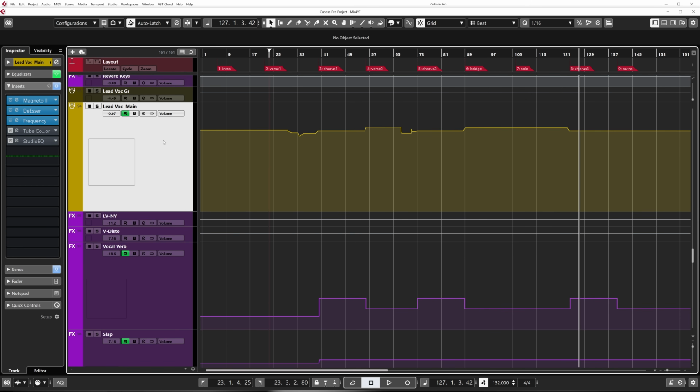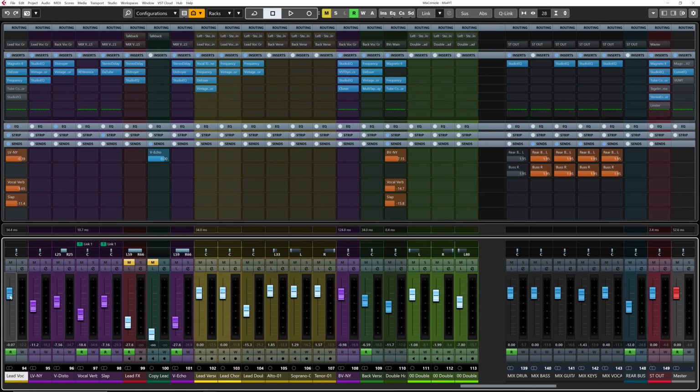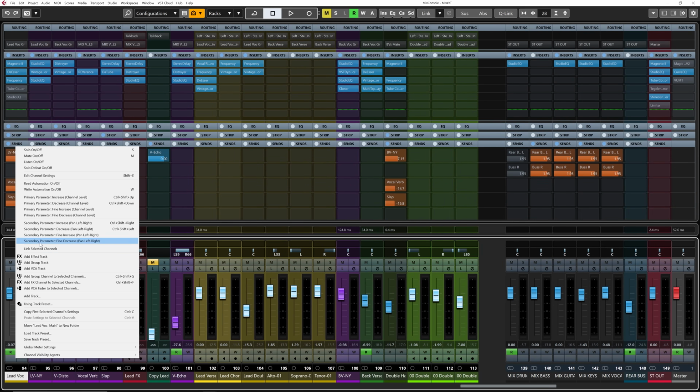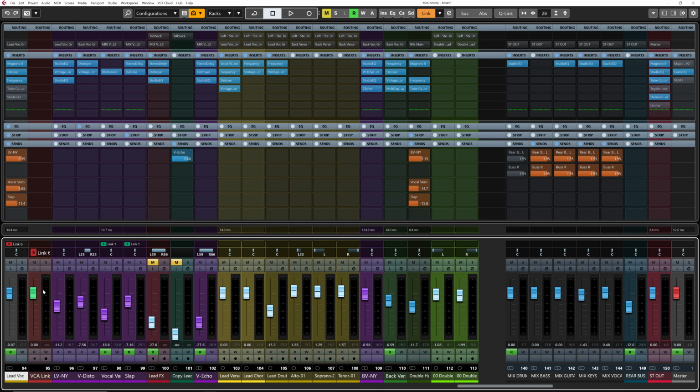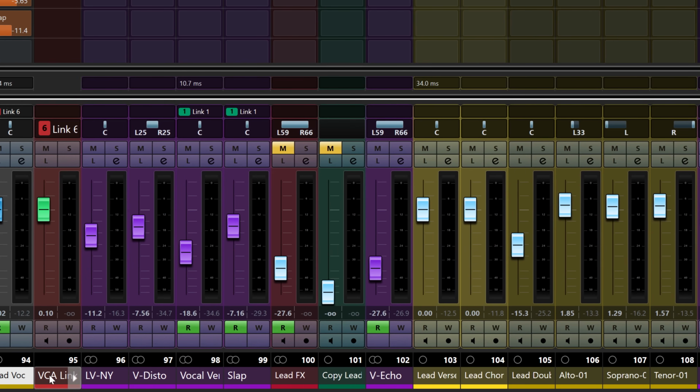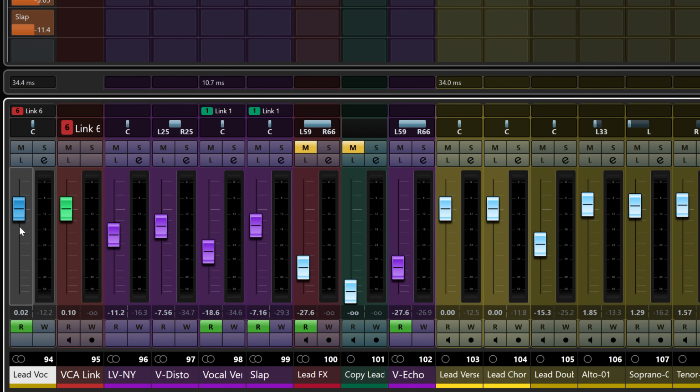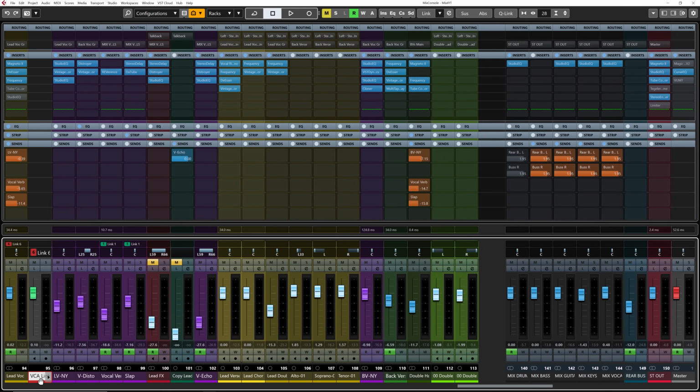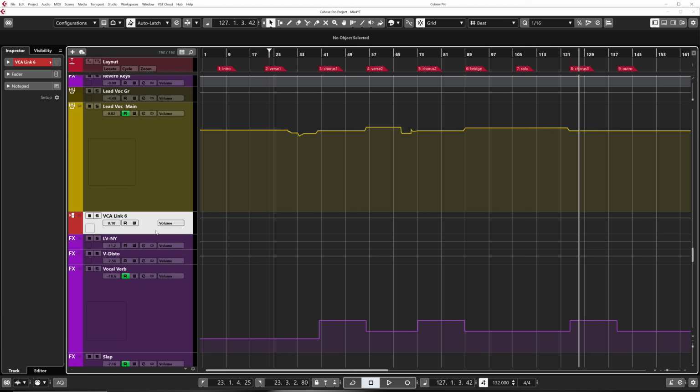So let's select the channel. I'm going to go directly on the mix console, select the channel, right click, and then you will find Add a VCA Fader to Selected Channels. I'm going to click on this one, and there you go. I have a VCA channel that will control my lead vocal group channel. Okay, so by doing so, if I go back to my